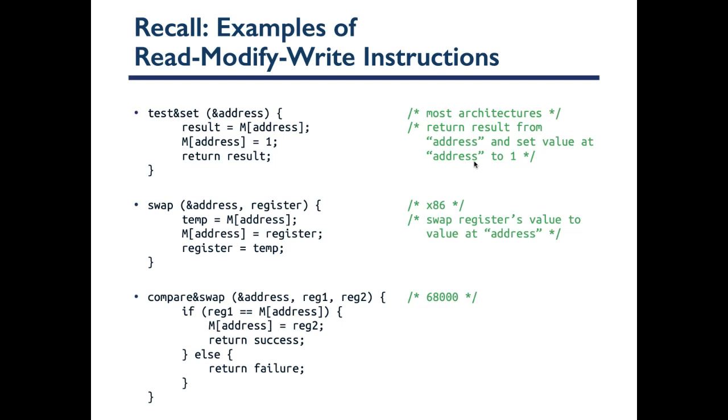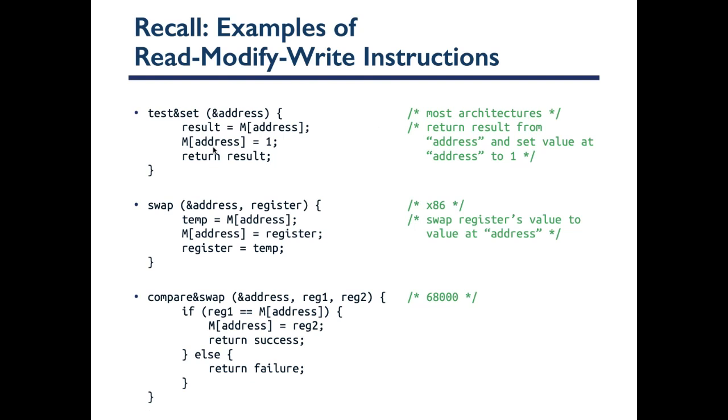It makes whatever the value inside that address 1, and then it returns whatever was previously in that address. And it does so atomically. By that, I mean all 3 of these would happen at the same time. Nothing would interleave these instructions. So all 3 of them will happen from the perspective of all the other instructions in the system as one